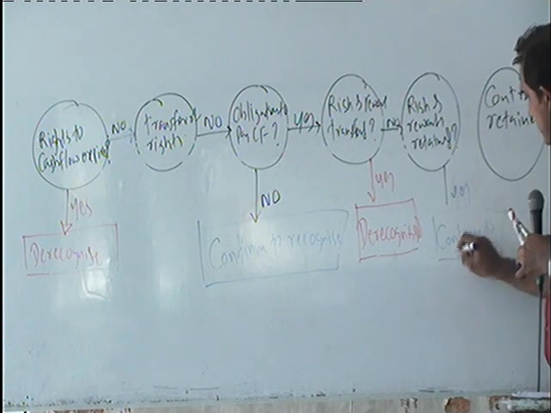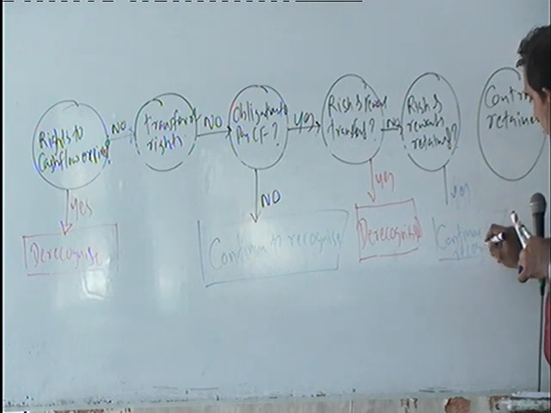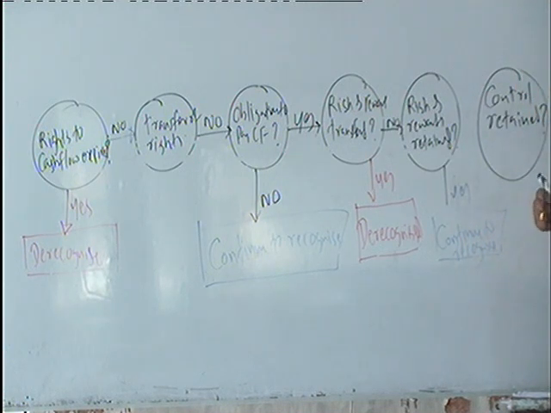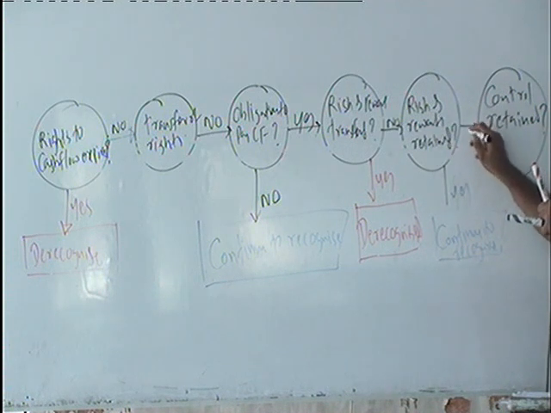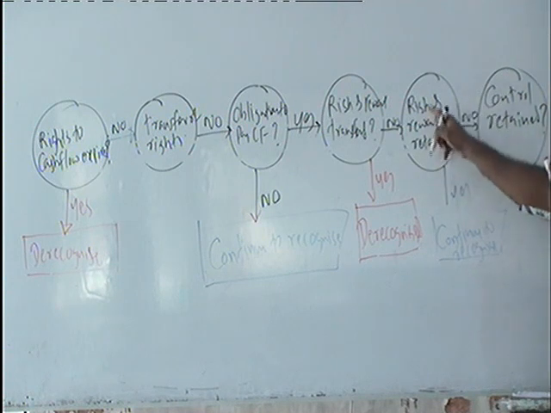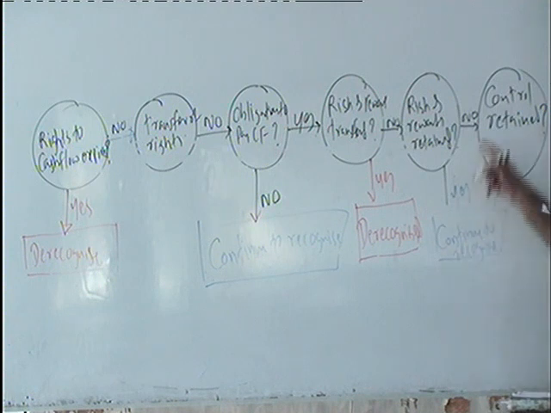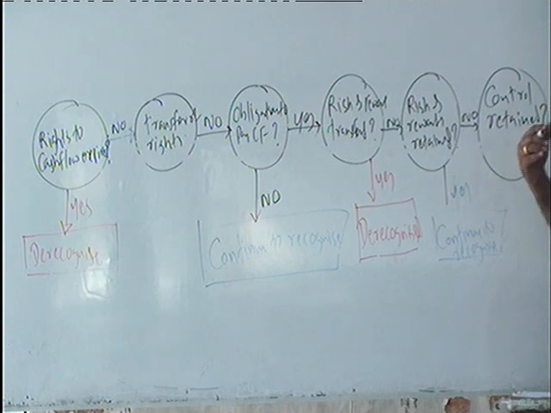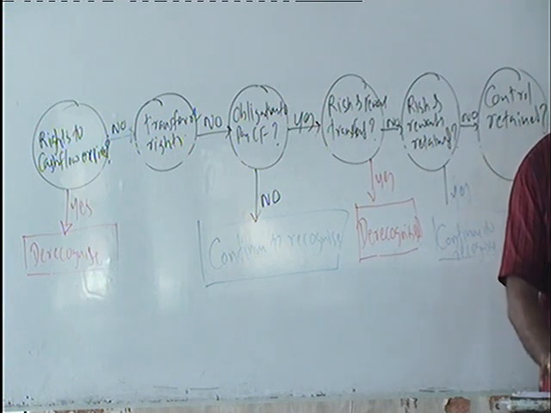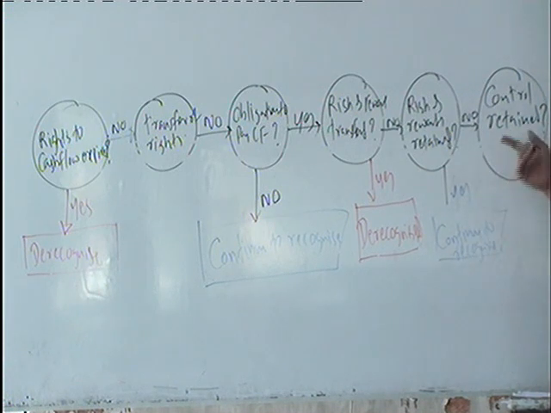If no, risk and rewards retained, no, then what do we need to check? Control retained, the control of the asset. If yes, no problem, we can continue. But if control retained is no,